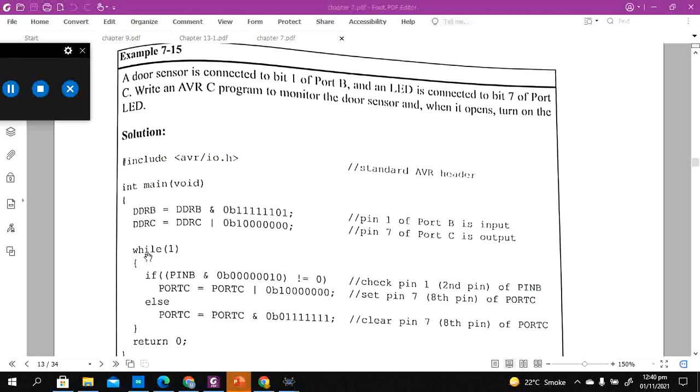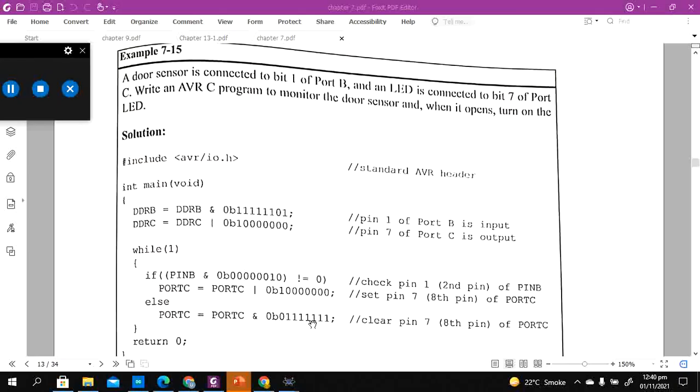And then when the while one super loop starts, this is a super loop, and an embedded system lives in a super loop, a forever loop, and it is continuously at your service. So if this pin B condition is checked and verified, then this is going to happen. Otherwise this is going to happen.